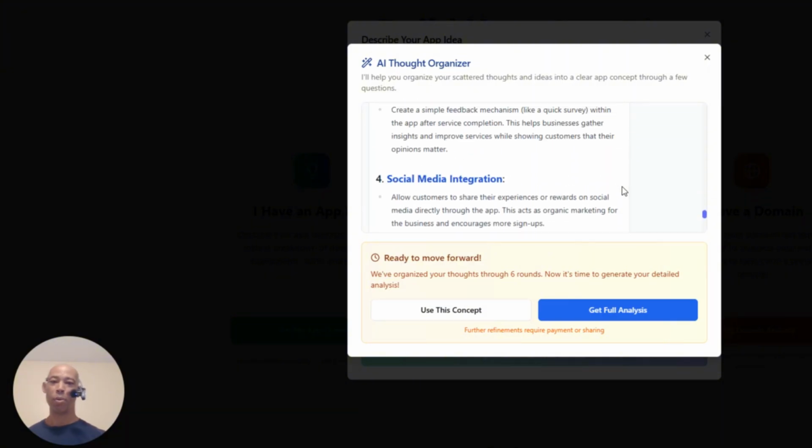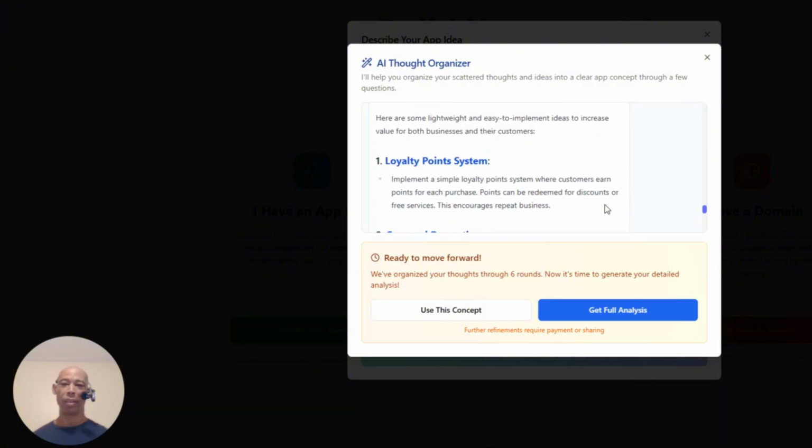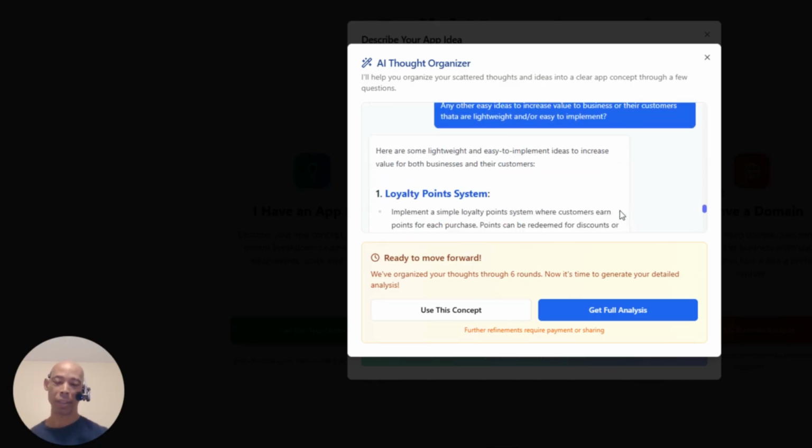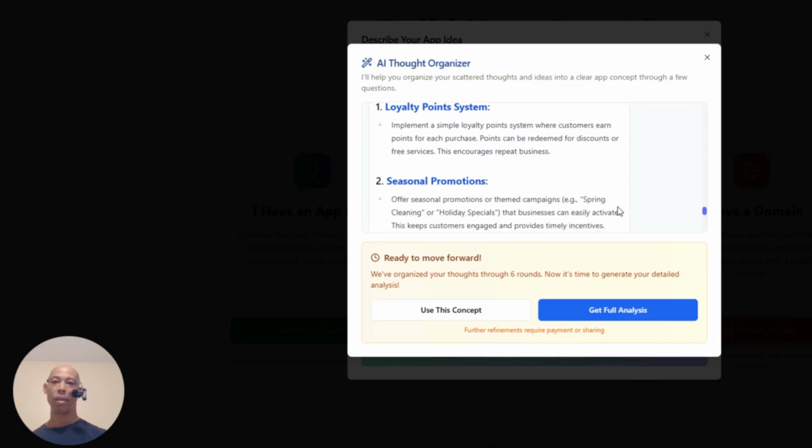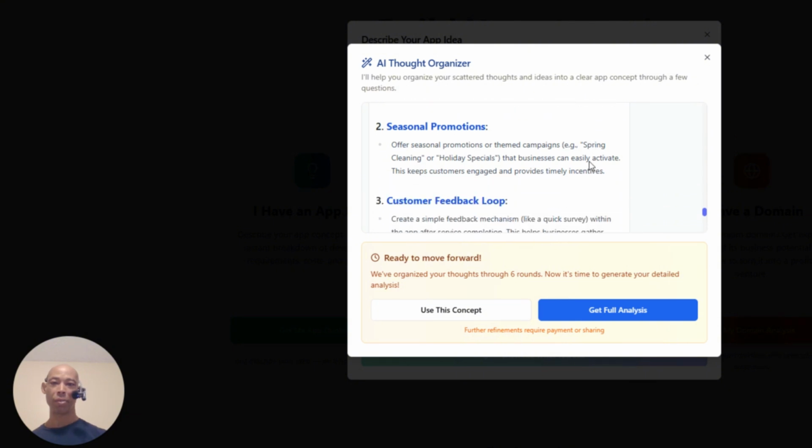Yes, appointment reminders. Social integration, we ain't doing that. That's going to make it complex. And sharing, you can share it, and that's it. A loyalty point system. Implement a simple loyalty point system where customers earn points for each purchase. I thought we did that. Then discounts on free services, seasonal promotions. So that's the reason that I'm offering. Going to have the broadcast abilities, and